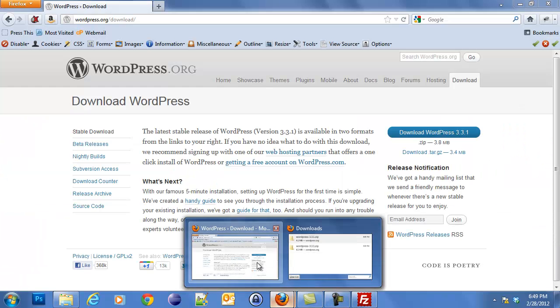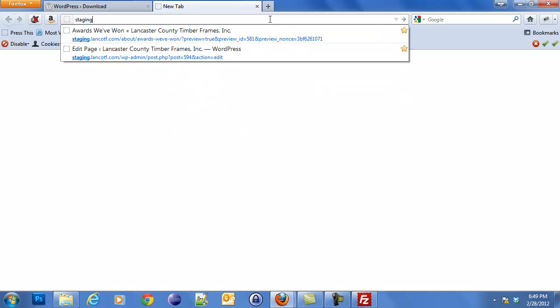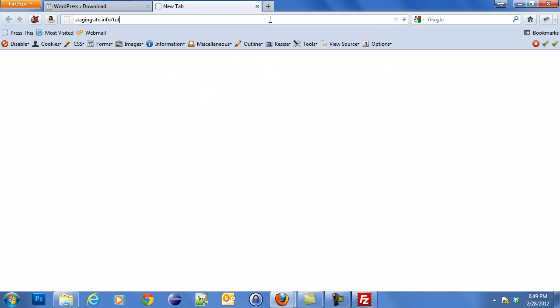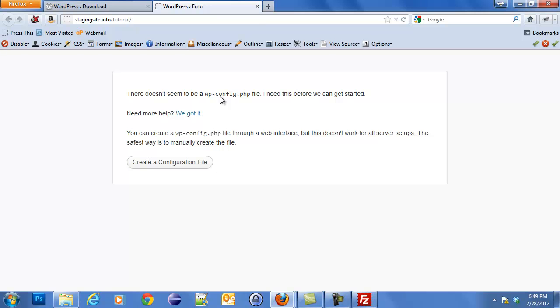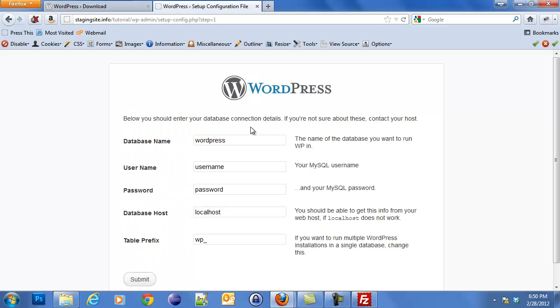Once all the files are uploaded to FTP, we're going to go back to our web browser and type in the location of our website that we just copied WordPress to. And here's the very first screen you're going to see. We have to create a configuration file, and for that we're going to need a database name, username, password, and host. We'll click Let's Go, and it's going to ask for that information, so we actually need to set up